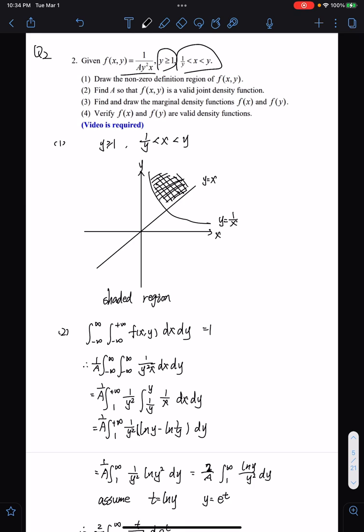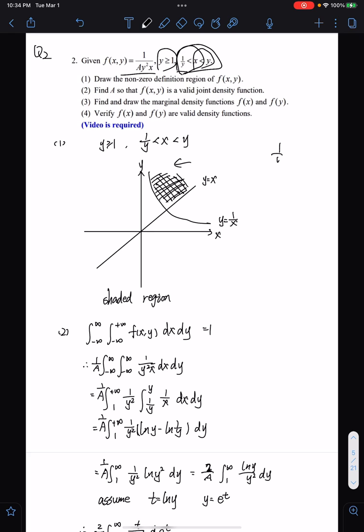First, we need to find and draw the non-zero definition region of XY. Since we have these conditions, 1 over y smaller than x and smaller than y, first we look at the right part, x is smaller than y. First we draw the line x equals y. Since y is larger than x, we take the left-hand side of this line, and then we look at the left part, which is 1 over y smaller than x,